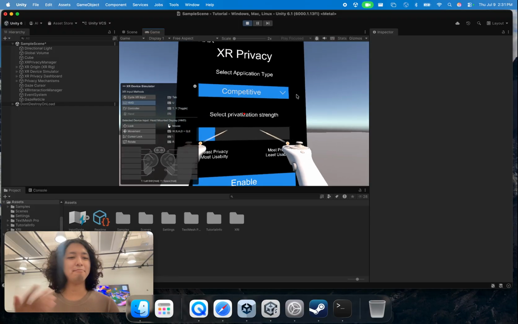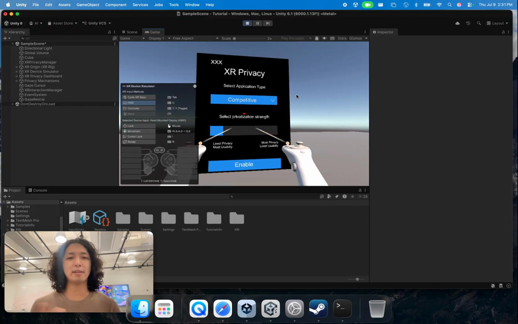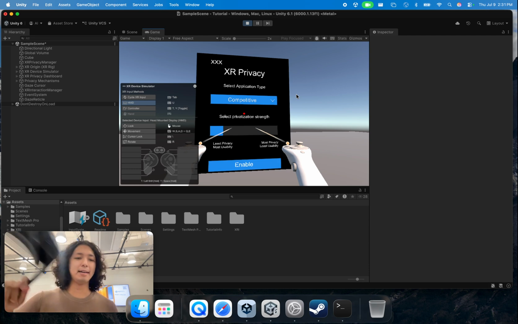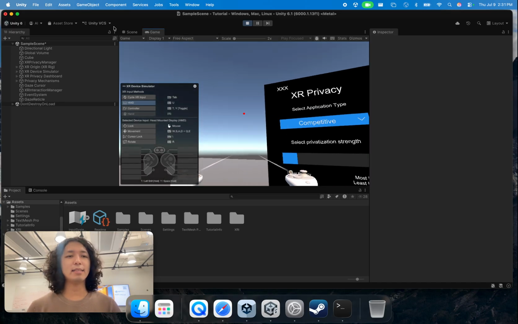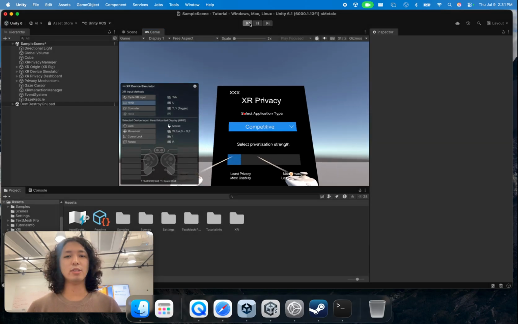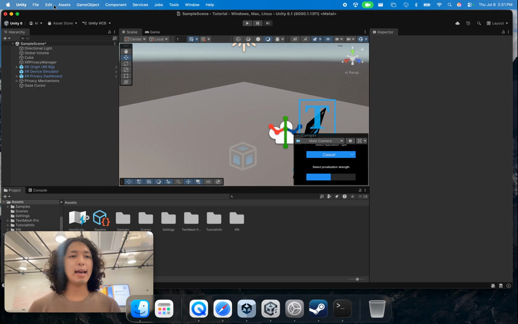Yep, so that's how it works. So it's all working, and let's try to actually deploy this to the headset. And to deploy this to a headset, what you need to do is you need to stop this, and you